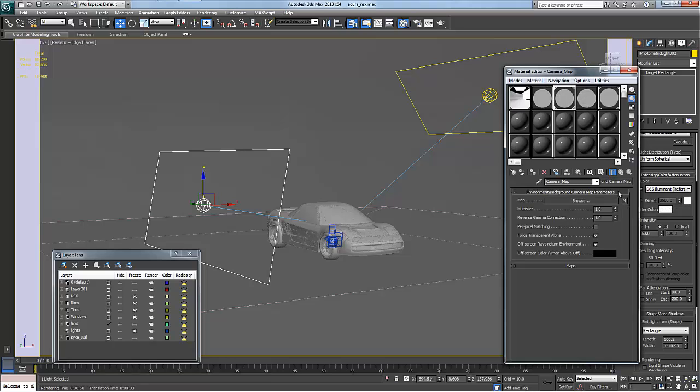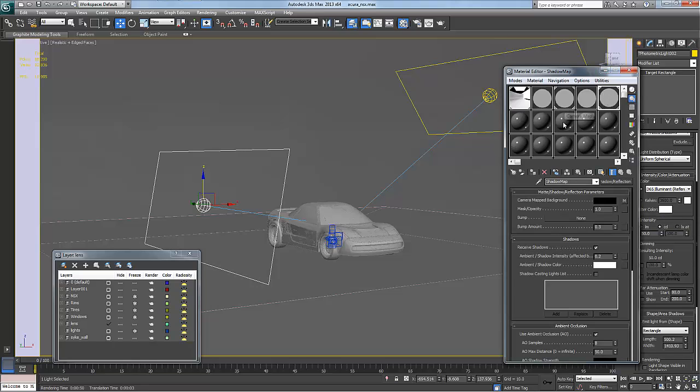I applied that same material to my camera map, and then I actually applied my camera map to my background inside of my switcher, and I used my chrome ball inside of the environment reflection slot. And then on my shadow map, I used my camera map